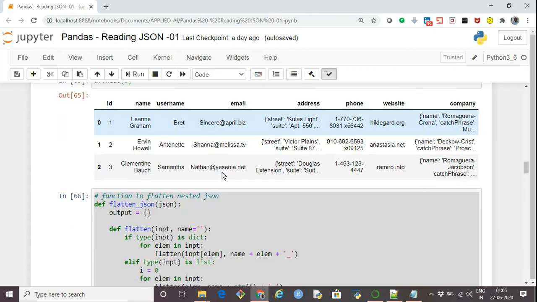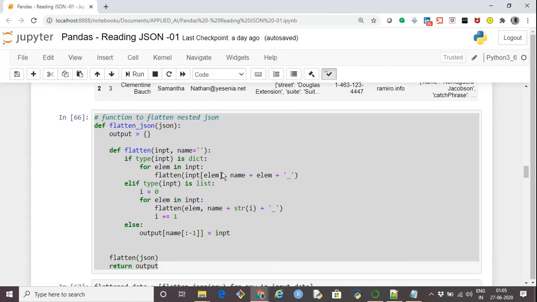So what we can do is write a custom function ourselves. This is the custom function flatten_JSON. As an input we are passing a JSON record, and in the output it will give out a flattened JSON record. It calls the function flatten on the input and the name.